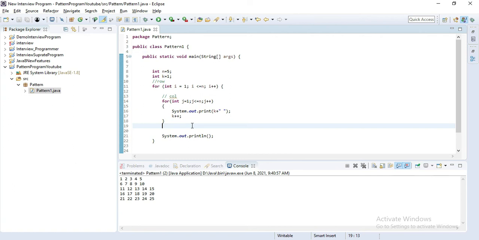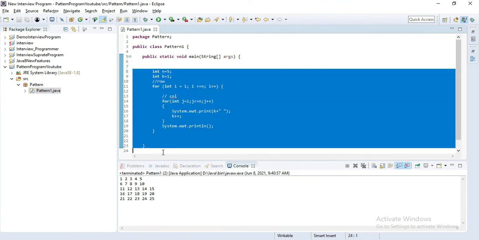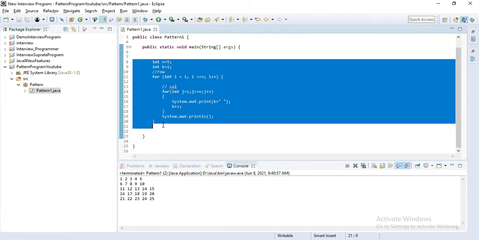This kind of question is most of the time asked by the interviewer. If you are a fresher, if you are experienced, no matter, the interviewer expects you to do the recursion program. We have to discuss that. So I'll comment this program out, and I will not use any for loop. I'll perform this operation without using a for loop. So let's comment out all this code.